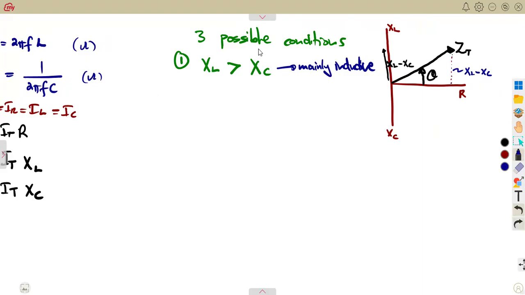So understanding this can help us in the calculations when XL is greater than XC. It can help us even in the calculation of the total impedance. Now,